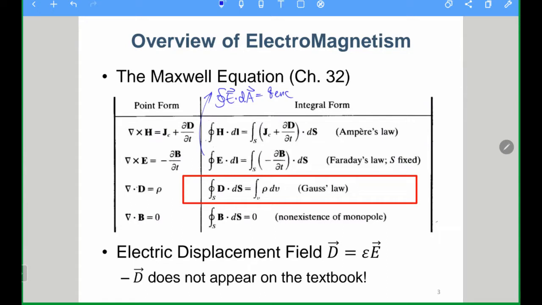So here, this is just to let you know the overview. The main target of this semester is to learn the Maxwell equations. And in this chapter, we will learn one of them, which is the Gauss law for the electric field, or the electric version of the Gauss law. And here the point form is also mentioned in this textbook. It doesn't really tell you what the point form or the differential form